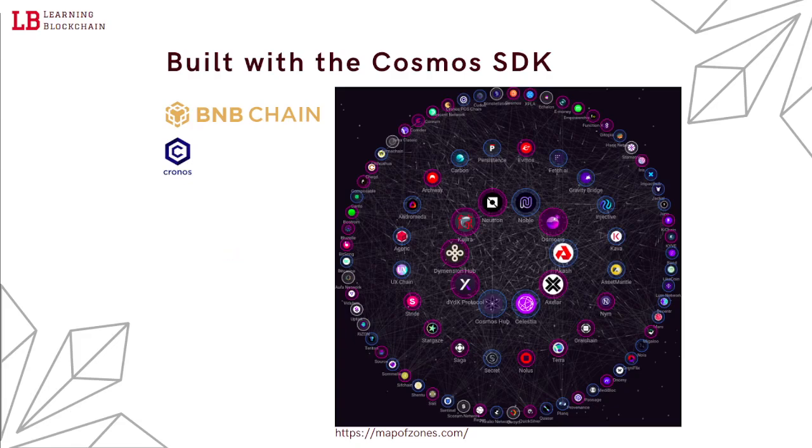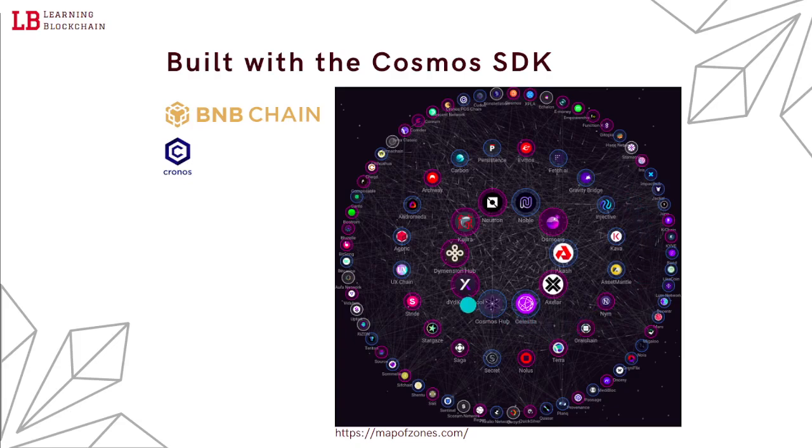One of the most relevant chains built with the Cosmos SDK are BNB Chain from Binance and Cronos chain that is used in Crypto.com. These are two big centralized exchanges, but there are actually quite a few Cosmos SDK chains that you can